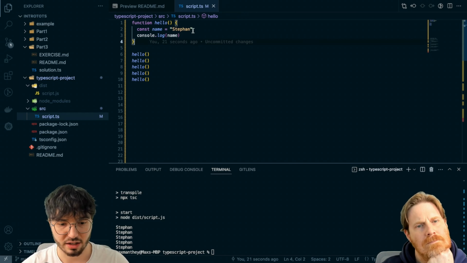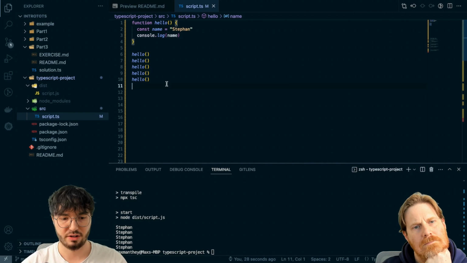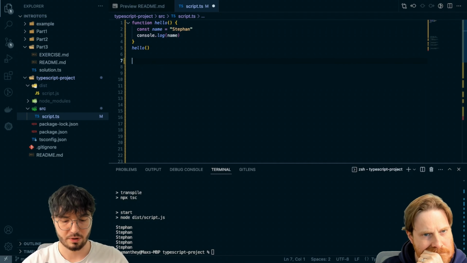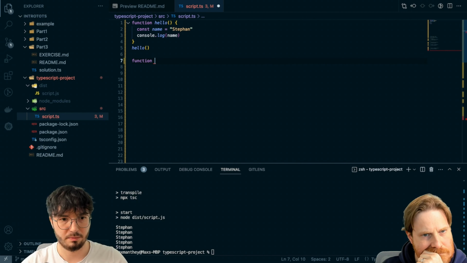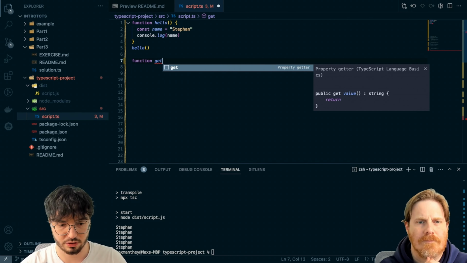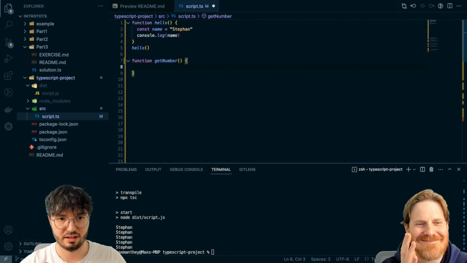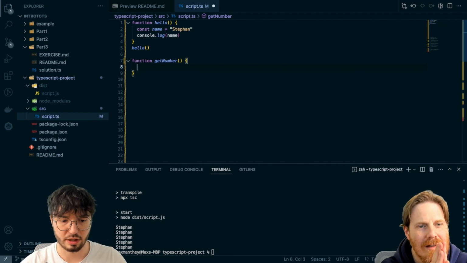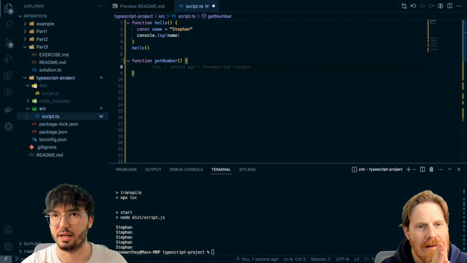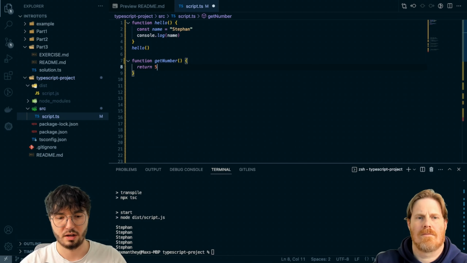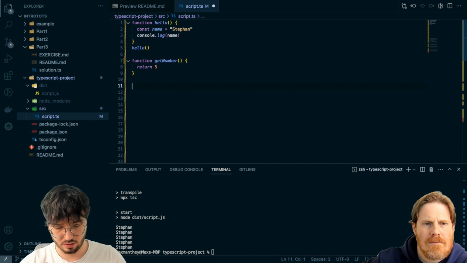A function can also have a return type. Return type means, let's move these together here for one sec. A return type can give something back from the function. So if I, for example, have a function called getNumber, and I want to give back the number 5 every time I call this, I will just say return 5. And if I call this getNumber now,